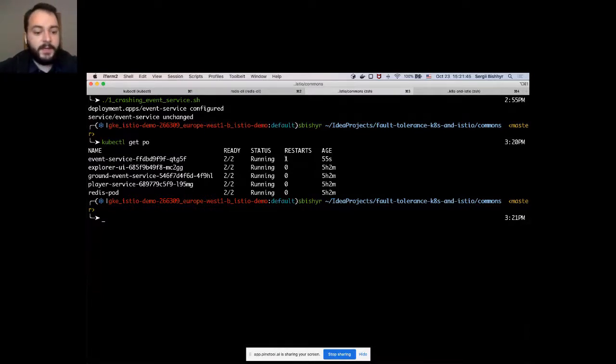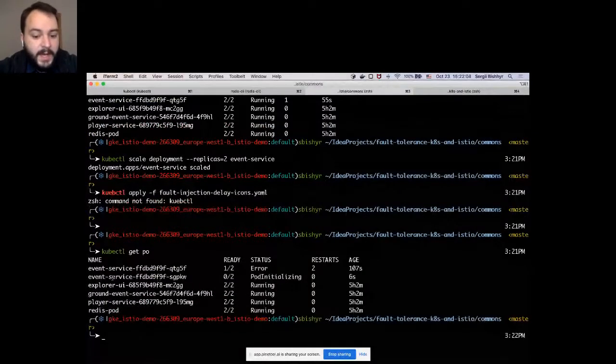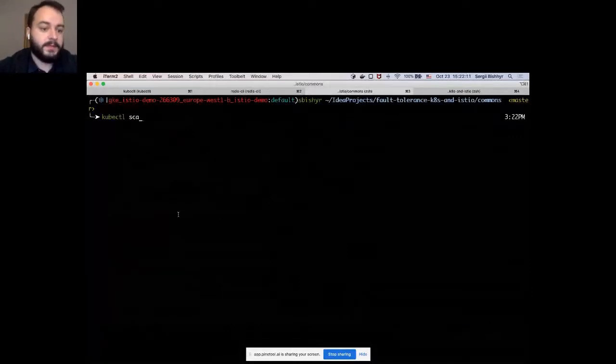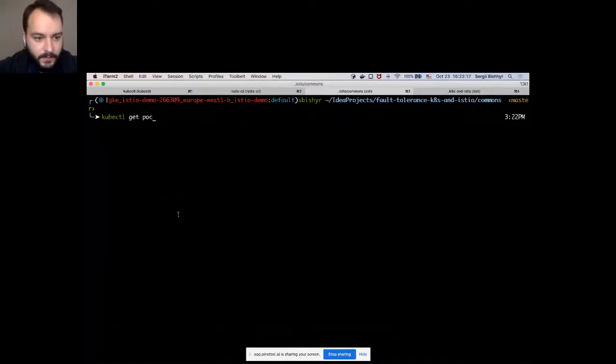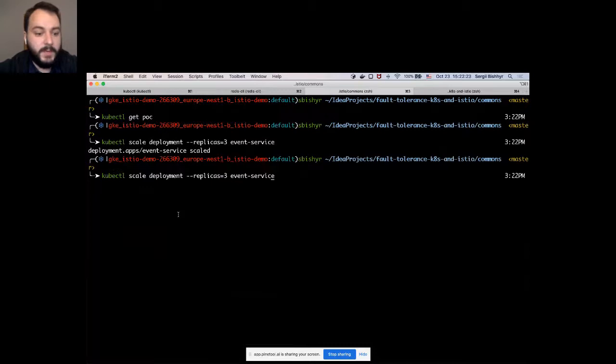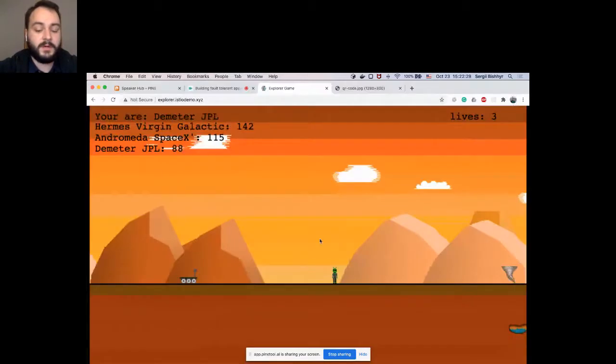And when it crashes, there are no other instances that can handle our request. So for this, we actually can scale our deployments, our instances of event service, to 2. And we can see that we have here the second instance, which will be up and running in a while. We can scale it more. We can scale it, for example, to 3 instances, or maybe to 4 instances. I believe 4 instances will be enough for us to be serving our events, even when the services crash.